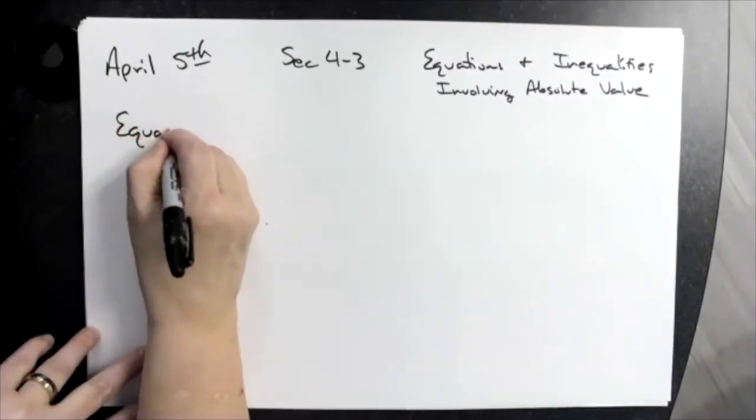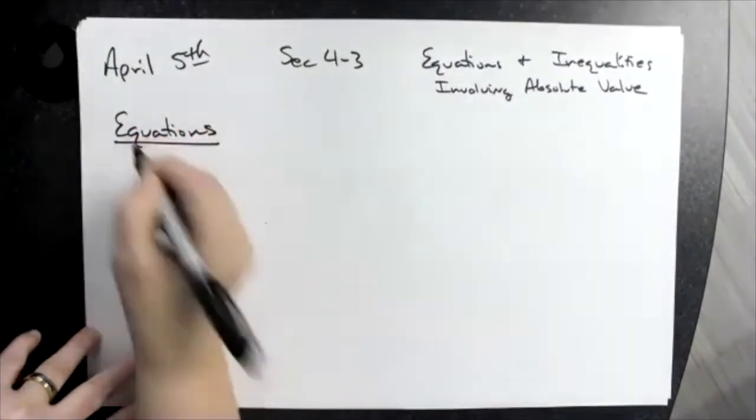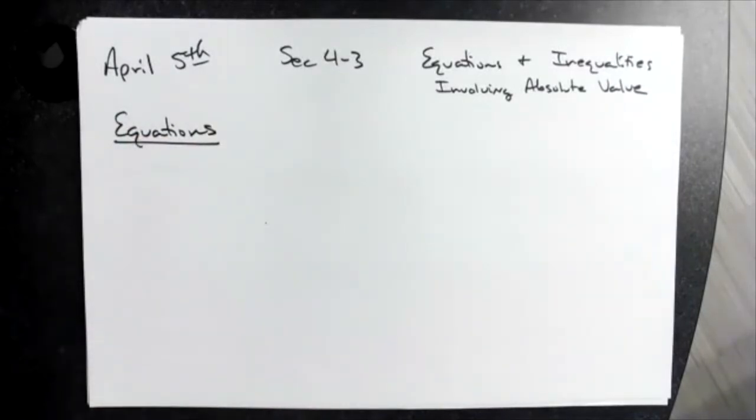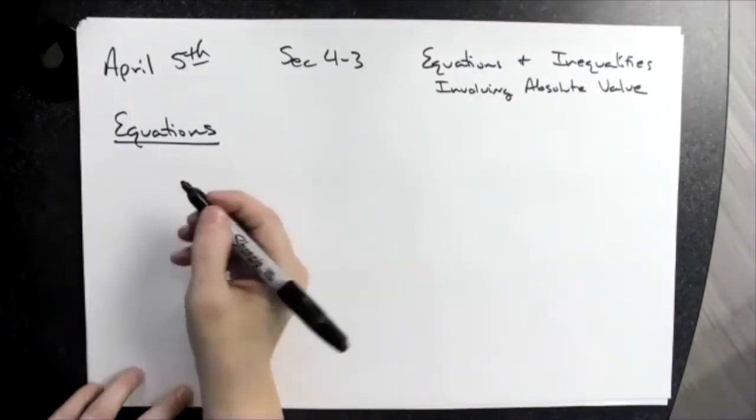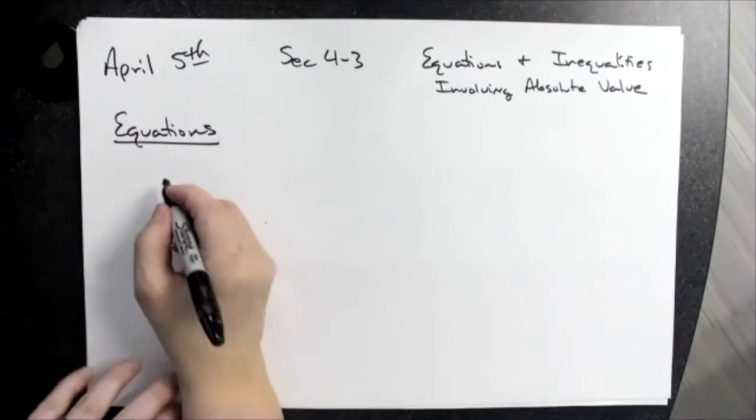Equations first. All right, we will take a look at why this happens. So we will take a look at this from a graphical approach. All right, so basically what we're going to have here, just to visualize it, we're going to have